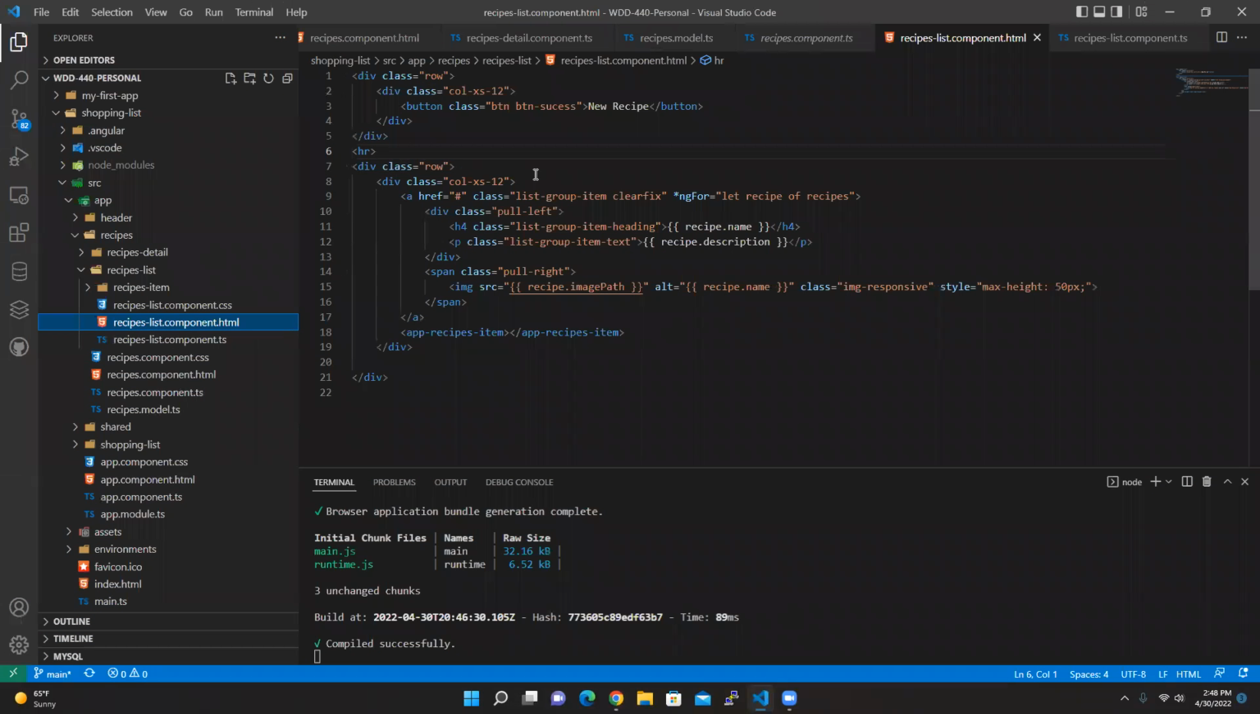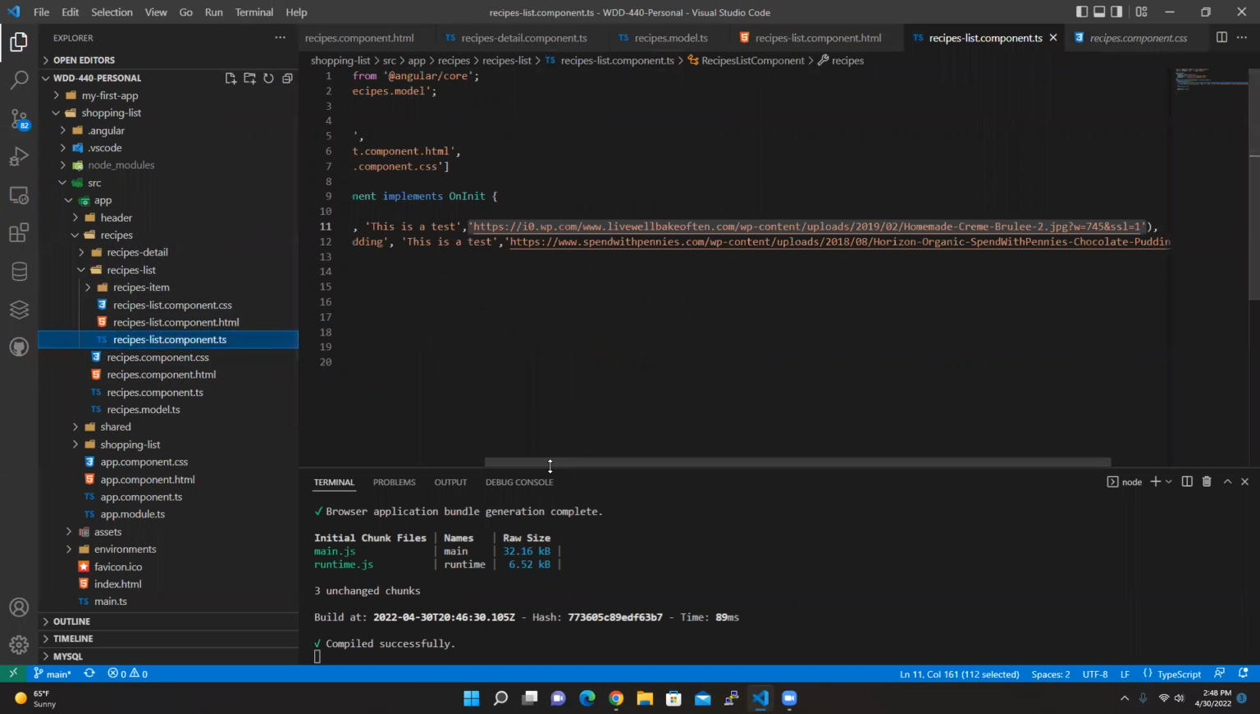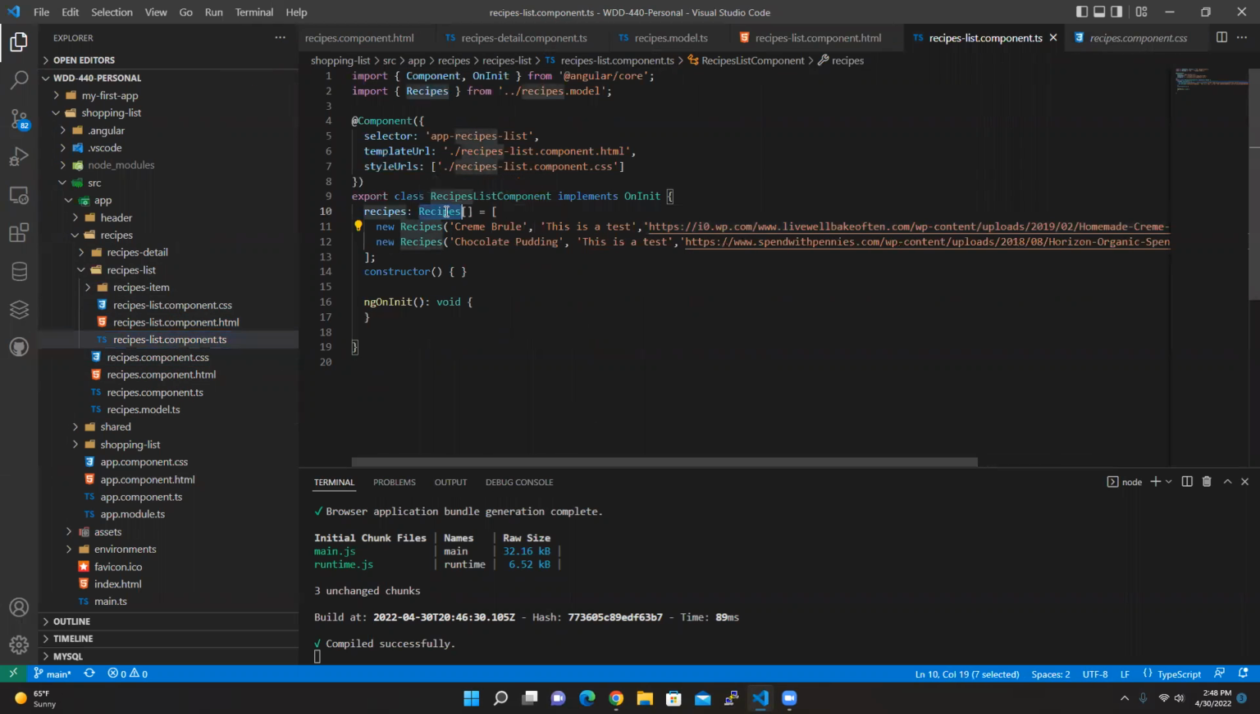And we just created a div class using Bootstrap. We just create columns that will auto adjust. And then we created an anchor with the list and clearfix, so it looks correct. And then we create this ngFor so we can reference the recipes. So with the ngFor, you type in recipe. So you're going to be using recipe of recipes, which is the name, which is this name right here,